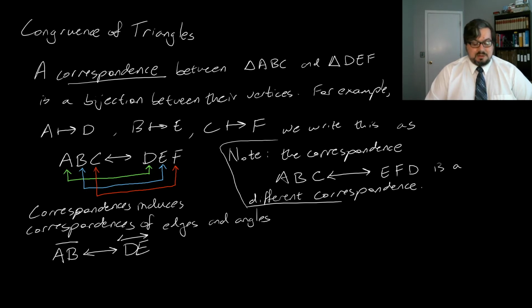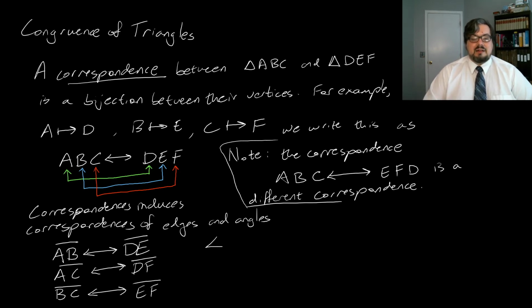And the way that we come up with this correspondence is we simply replace each point in the segment on the left with its corresponding point in the segment on the right. A corresponds to D, and B corresponds to E, so the segment AB corresponds to the segment DE, and we'll often talk about pairs of corresponding sides given a particular correspondence. So similarly, we have that the segment AC corresponds to the segment DF, the segment BC corresponds to the segment EF,